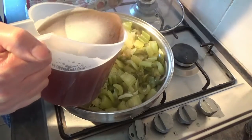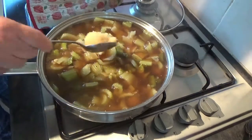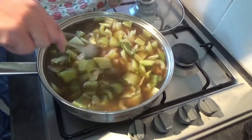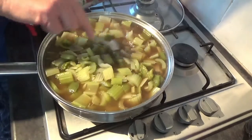your stock. And last but not least, a heaped teaspoon of your honey. Get that melted in there, and then we're going to simmer this for at least 30 minutes with the lid